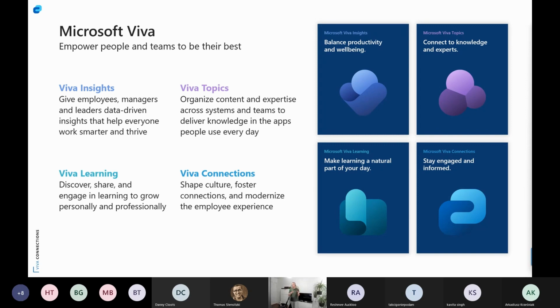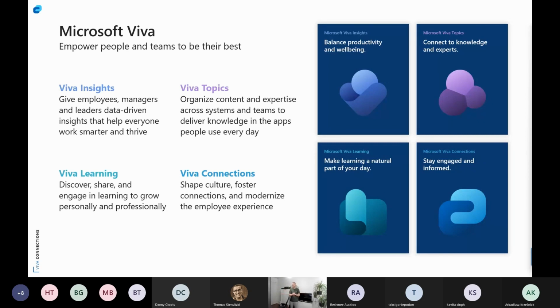And really that focuses on the employee experience, and on bringing tooling for understanding how employees are working, also for employee communications, self-insights and all of that stuff. And all of these individual Viva pieces have their own licensing model and licensing implications. Now, there is a Microsoft Viva overall license as well, but as an example, specifically on today's topic, which